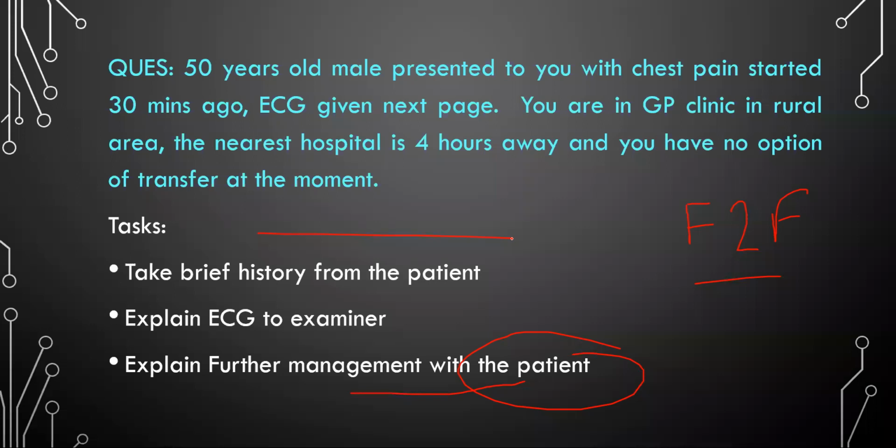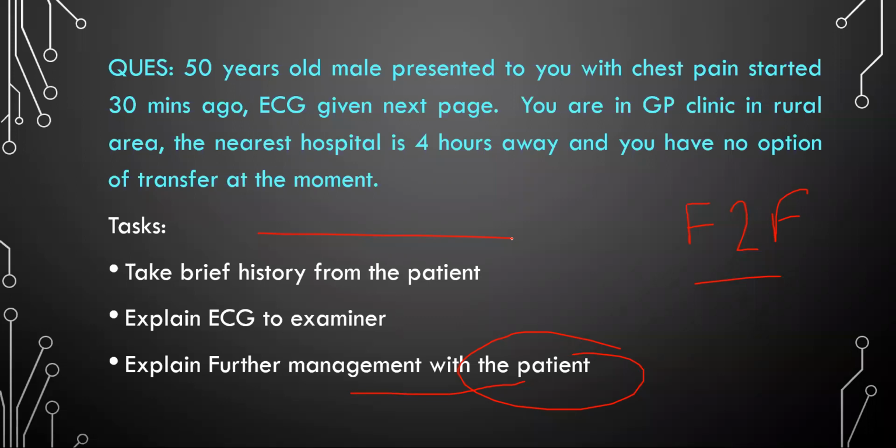In the meantime, I will insert 2 large bore IV cannula. I will take some blood for cardiac enzymes and other bloods, and also start my patient with 300 milligrams of aspirin immediately. I will check his oxygen saturation. If it is less than 94, I would start with oxygen. And even after giving morphine, if still he is in pain, after checking his blood pressure, I would give him some nitroglycerin as well. So you say these lines because this is the management that you need to do.